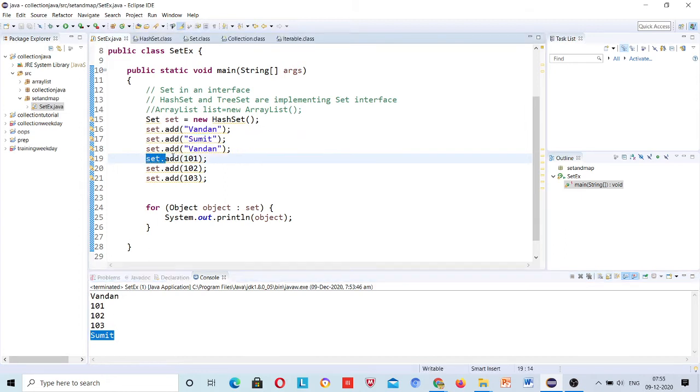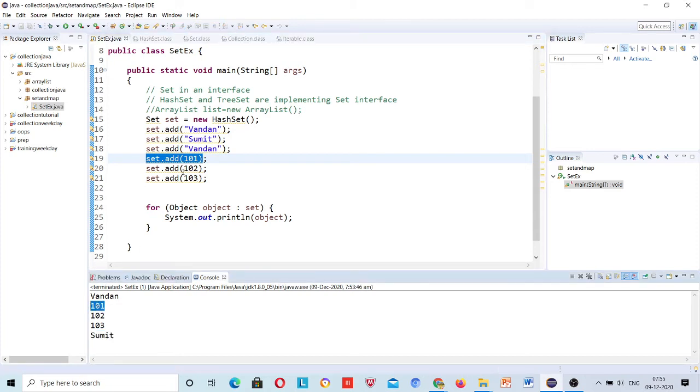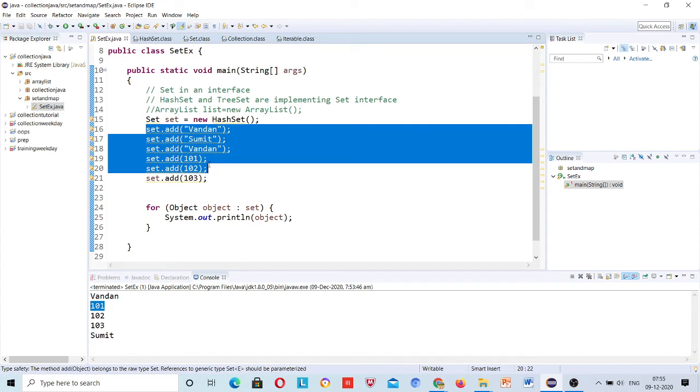Then I have added 101, then 101 is printed here, 102 and 103. This way they were printed. What is the problem here with this set? Or is it a problem, or is it just the working of the set, because it has not followed the order you have given, right?